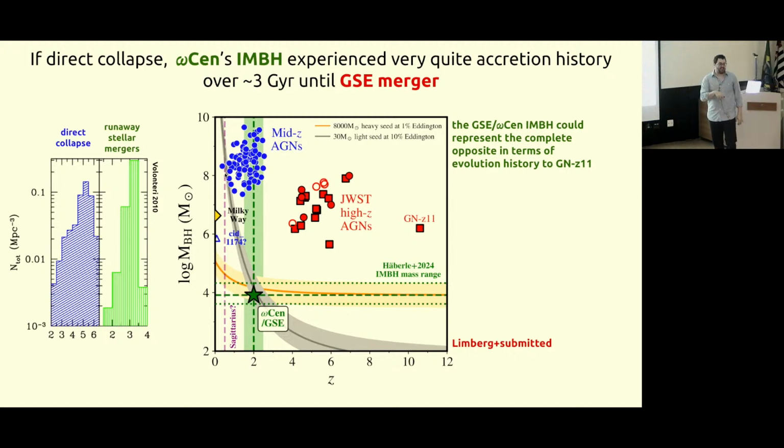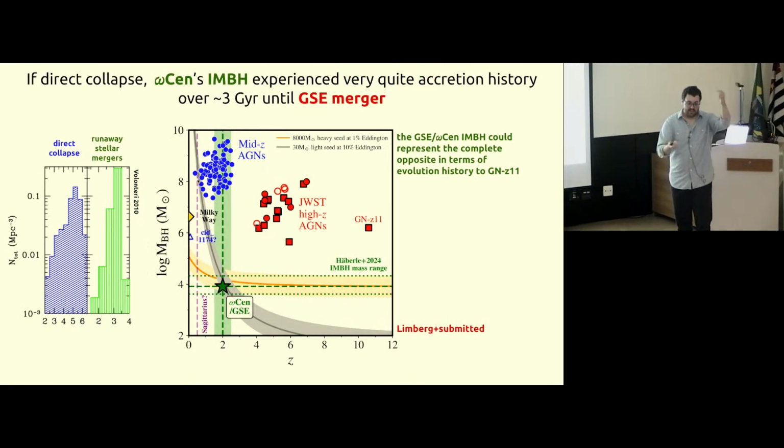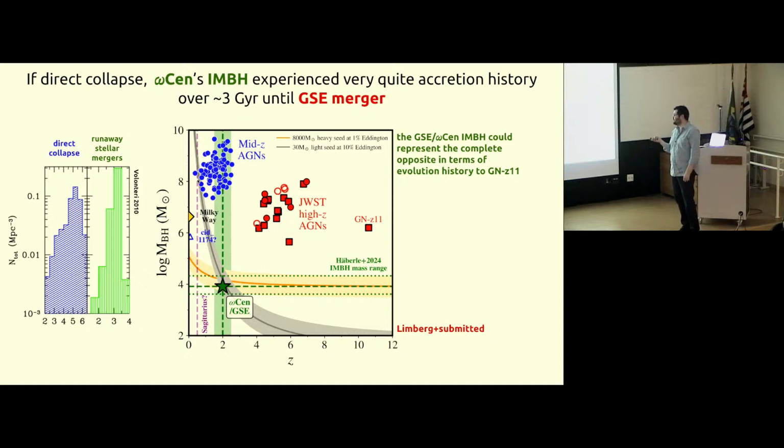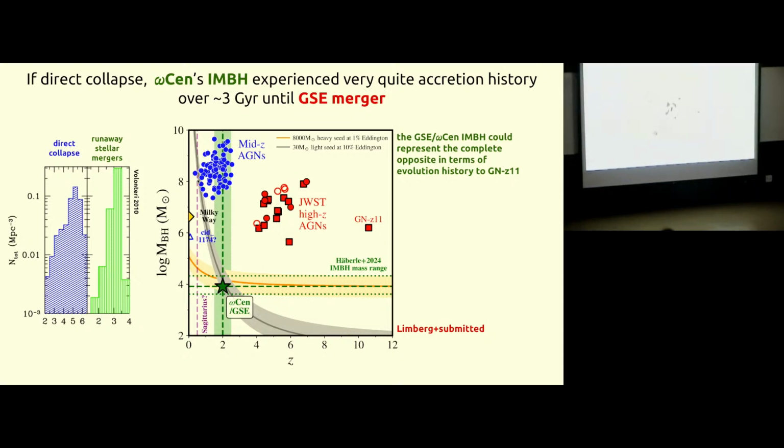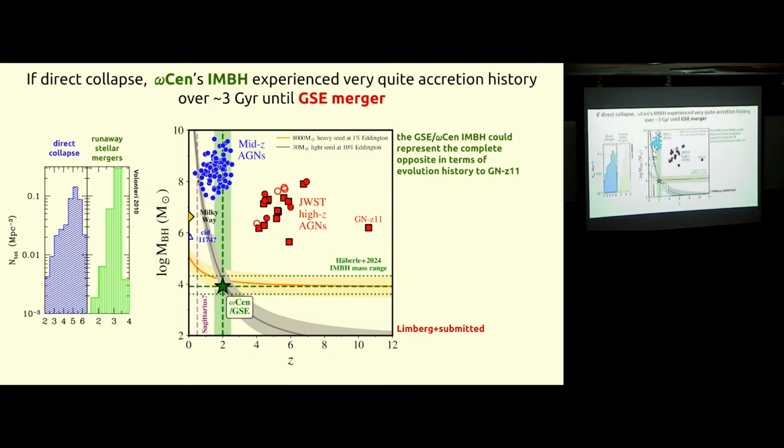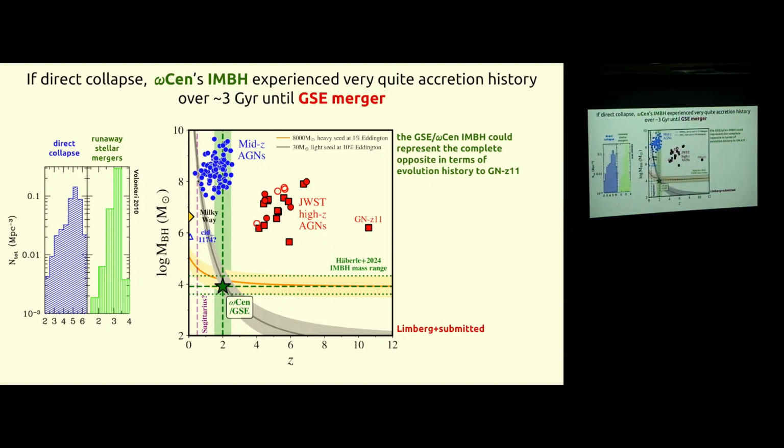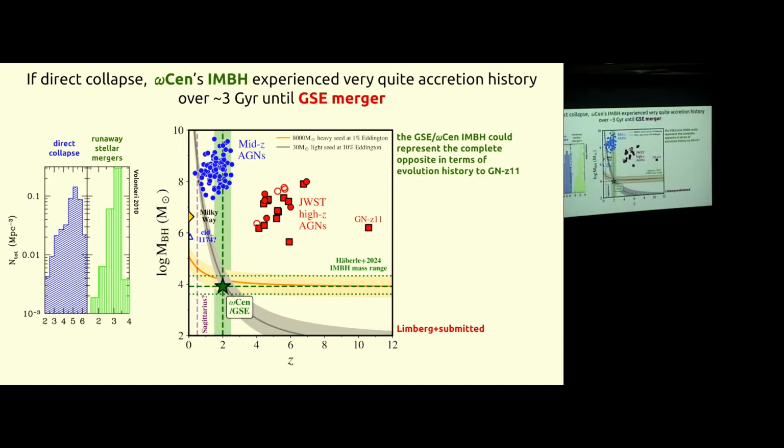Okay, so we can come back to this anyway, by the end of the talk. And now I want to move on to another result that I still have to write the paper for. But this other result is, again, about disrupted dwarf galaxies. But this one was about a fully disrupted dwarf galaxy. So this thing, we don't even see the galaxy anymore. It's just completely, fully disrupted in the halo of our galaxy. And now I want to move on to a galaxy that maybe exists, and it is tidally disrupting right now.